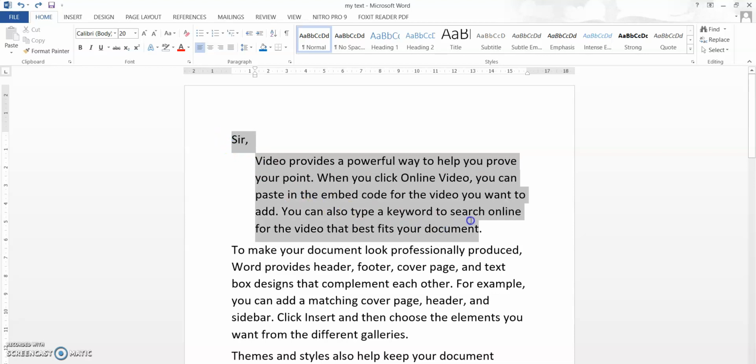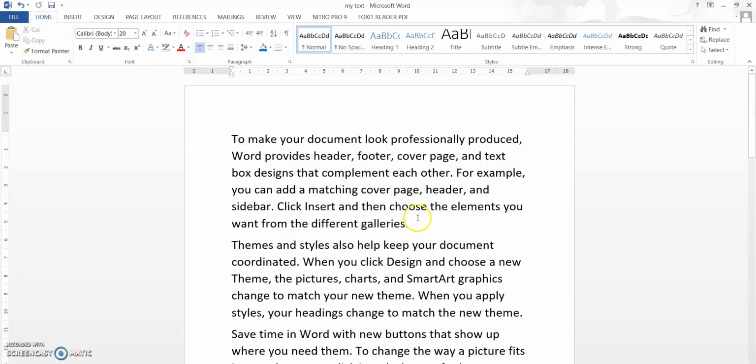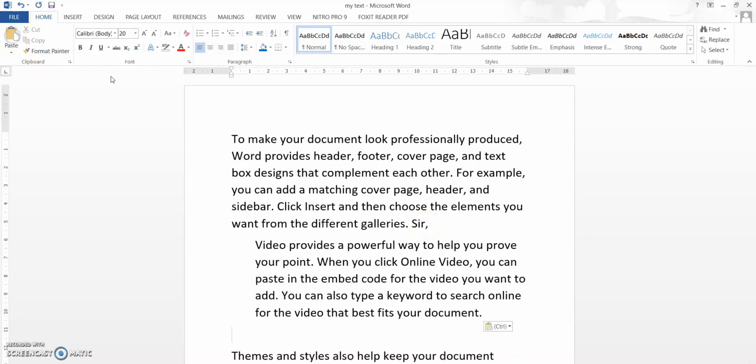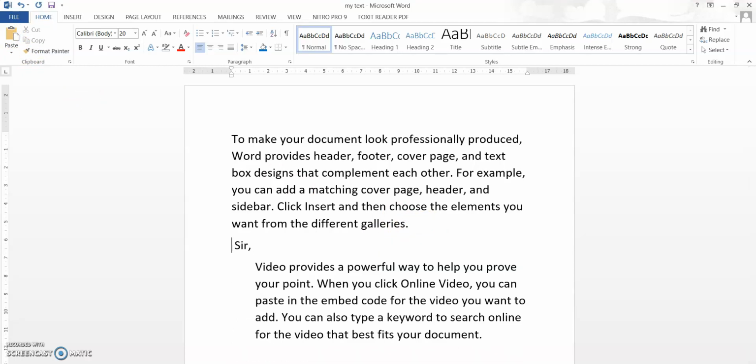If you want a particular portion of a document to not be in this place, and instead you want it to be in this position, what you do is select the part, then press Control X, or cut the document. Once you cut, that portion of the paragraph will be stored in the stack. Then you select here and press Control V, or paste it. When you paste it, that portion will come in the proper position. So this is how you cut and paste.